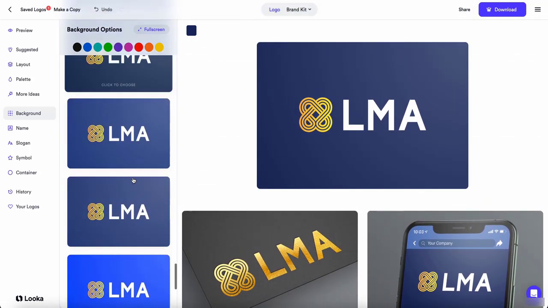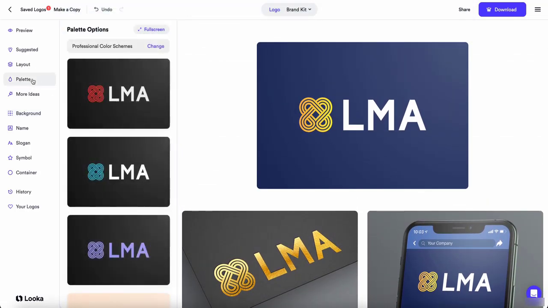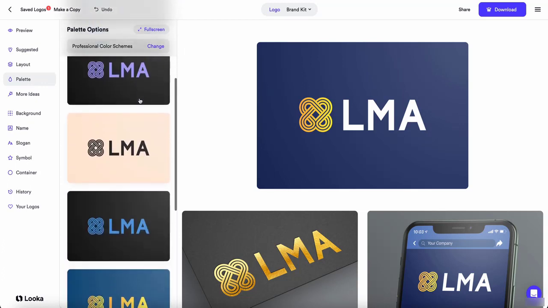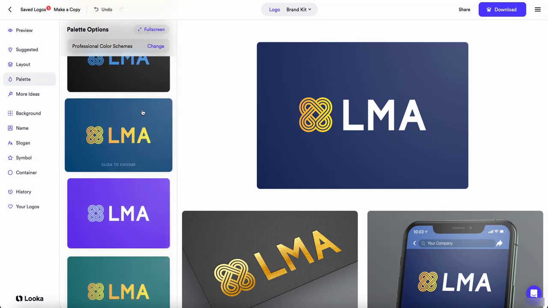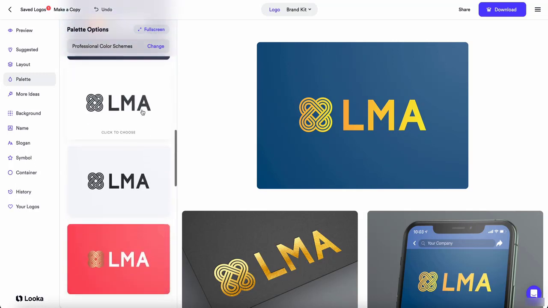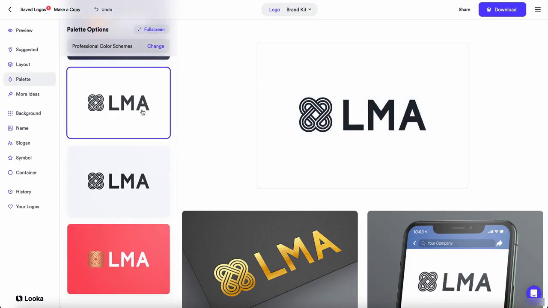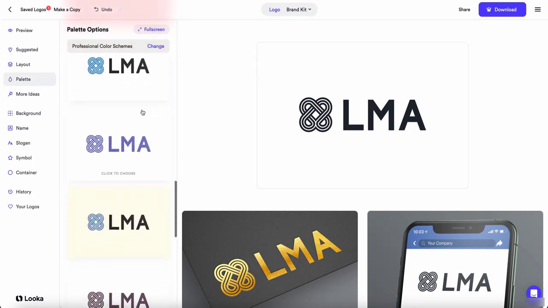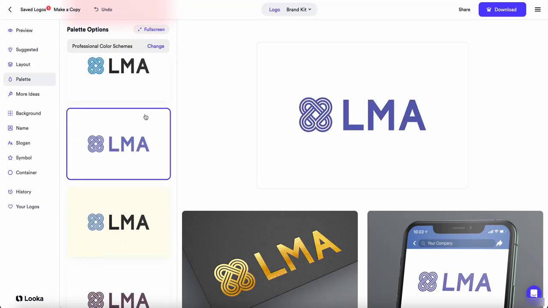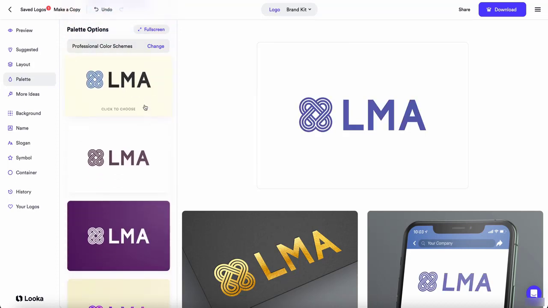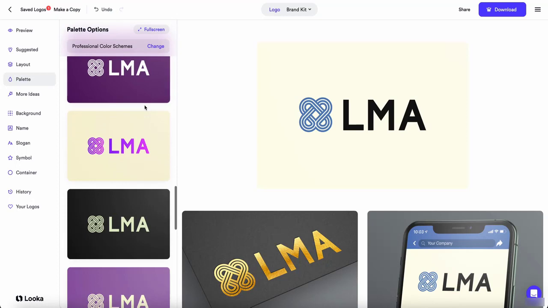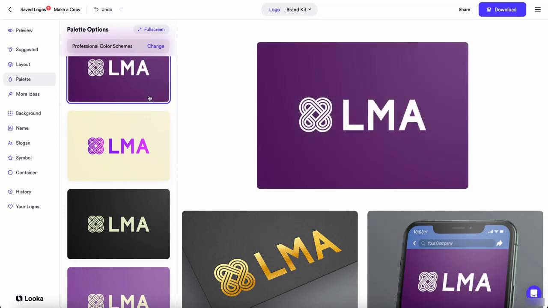It's not perfect, but let's check the palette. Maybe, no, that's not. But this clean is quite nice. This is quite nice. This not.